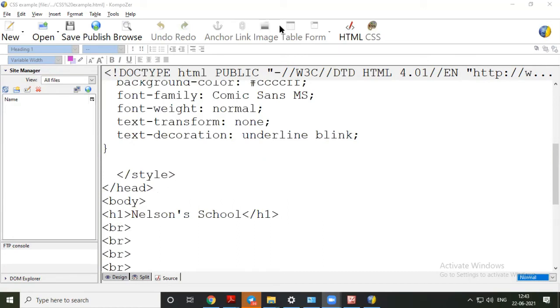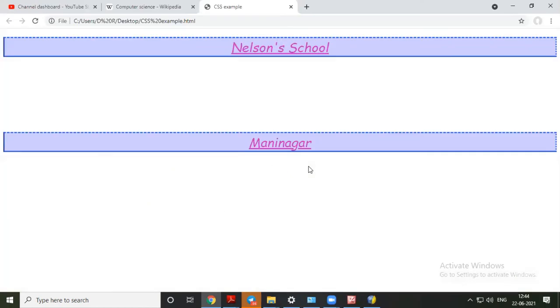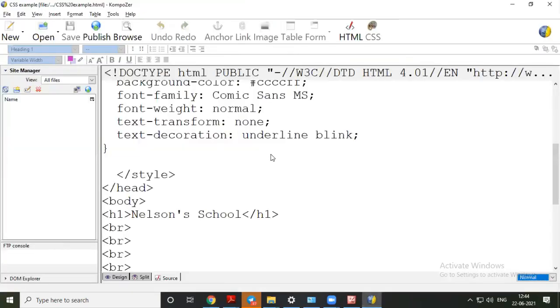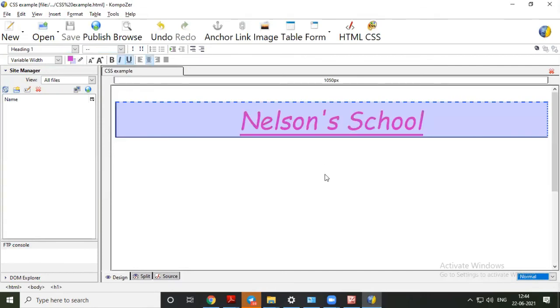One more thing. Let's see the output of this file. Click on browse, save. Okay, you can see this. Between this there might be some text and then another heading, then again some text like that. Now we have discussed the benefit of CSS, that it saves your time by avoiding duplicating the same code.